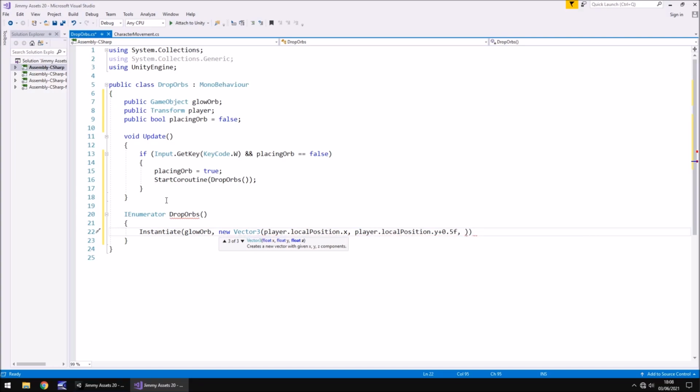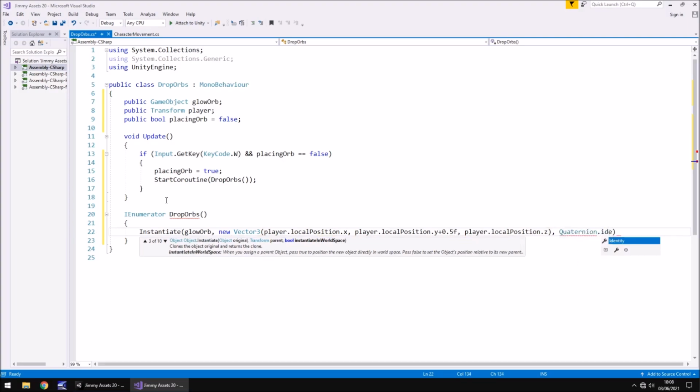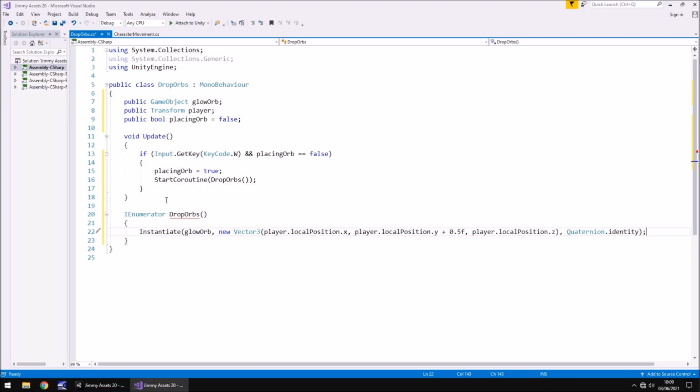Next for this, we need to say player.localPosition.z, close bracket, comma, and then Quaternion.identity. And that completes the Instantiate. So what that's basically doing is saying that we want the glowing orb to be placed here. So semicolon at the end, and then we're going to say yield